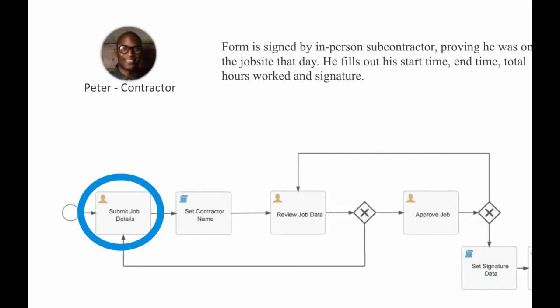So now let's look at Peter, the contractor. Peter may be on site. He may have finished the work that he's been asked to do. And instead of filling out a piece of paper that has to be scanned and faxed, possibly Peter can use a device or a laptop or a mobile device to actually put in his data, sign his signature proving that he was on site, and submit that back to the project manager and ultimately the operations manager. So to take a look at what Peter might see,